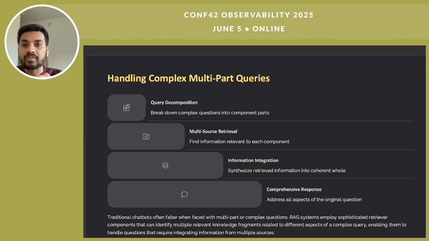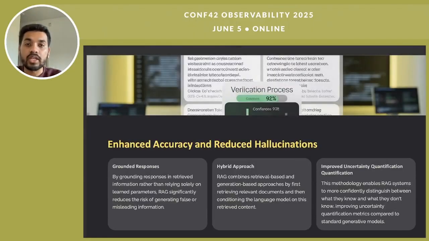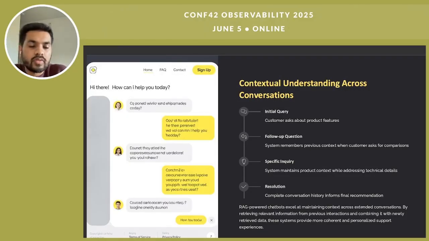Along with that, RAG systems can estimate confidence based on retrieval scores and response entropy, enabling you to set thresholds and escalate uncertain responses or ask clarifying questions in situations when the estimated confidence level is below the set threshold. Apart from the accuracy aspect of the RAG-based system, the other very big benefit that a RAG-based chatbot brings in improving the user experience is that it can be augmented with session-level memory using embeddings or key-value stores.